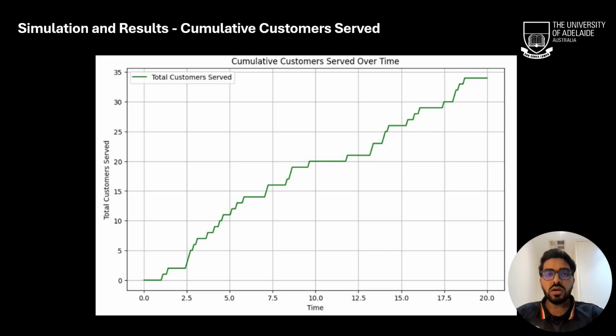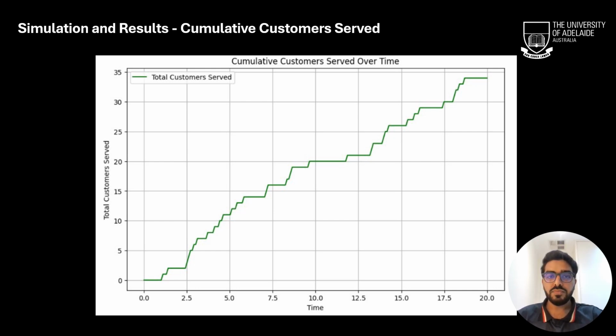Let's now look at the cumulative customers served over time graph. This visualization helps us evaluate the effectiveness of our call routing strategy by showing the total number of customers served as time progresses. We can see that the graph indicates steady progress with occasional jumps in the number of customers served. These jumps correspond to the completion of service tasks by the agents, reflecting the system's ability to process